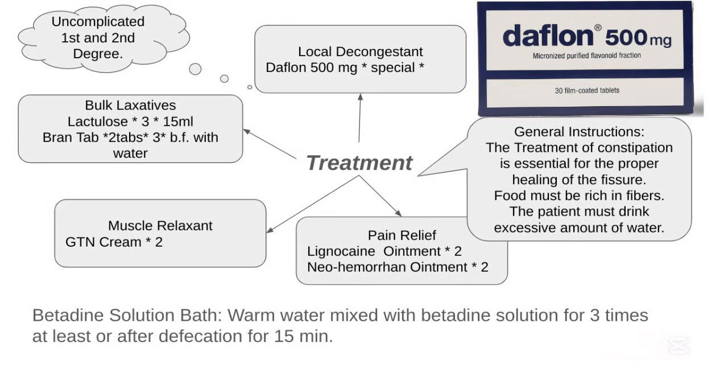For lifestyle modifications, we encourage patients to have a high fiber diet with foods like fruits, vegetables, and whole grains. We increase fluid intake to 2 to 3 liters of water daily. We advise against straining during defecation.